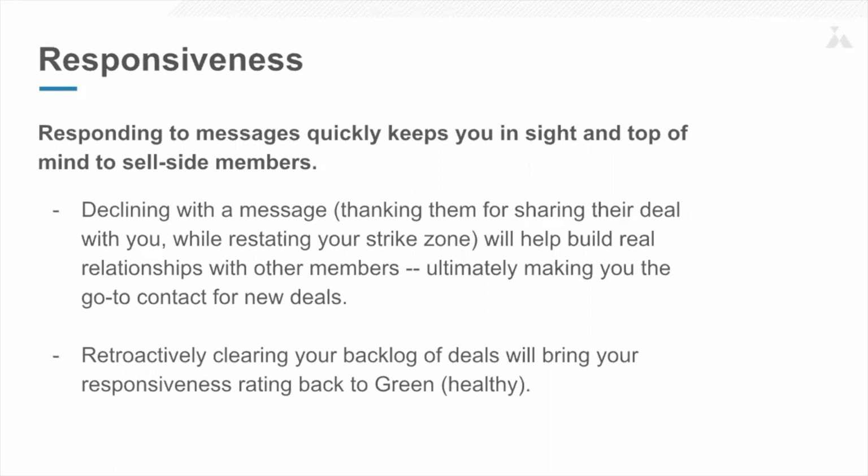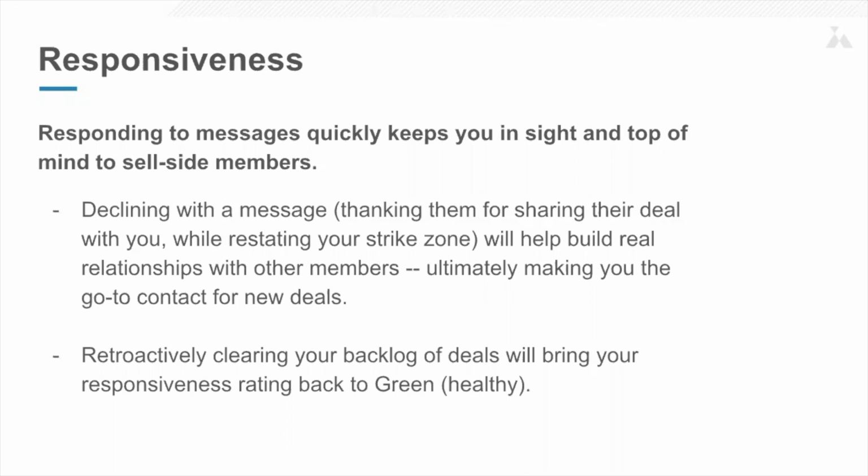One of the things that's really important here too, as a best practice to increasing deal flow, is if you are going to decline a deal, make sure that you send a message along with that. A really interesting statistic for that is that 80% of deals closed on the network come from the third interaction between members. So that's 80%. We really want to make sure that communication is key here. And again, when you're declining with the message,